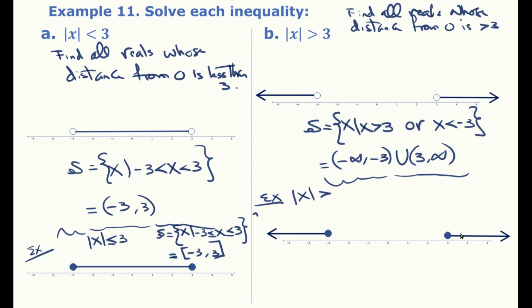Basically, when you change absolute value of x greater than 3 to absolute value of x greater than or equal to 3, the only thing that's going to do is it's going to include the endpoints as well. All right, so if you want to write the solution set,